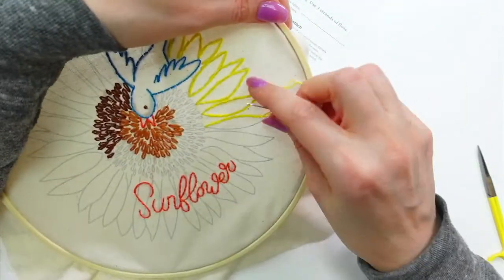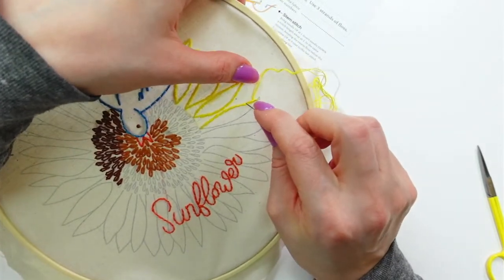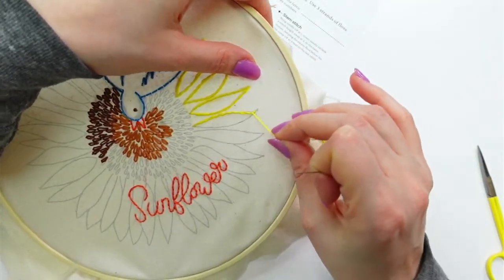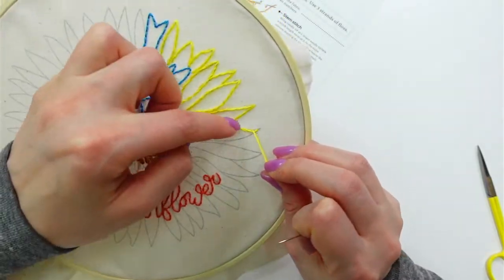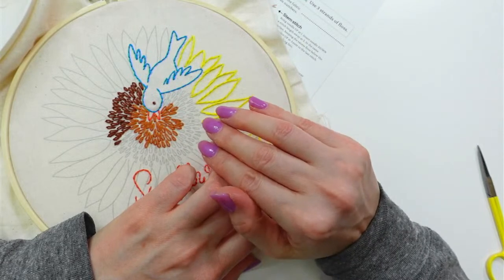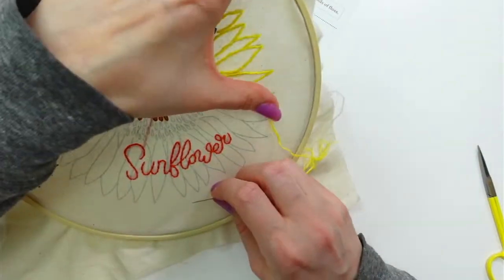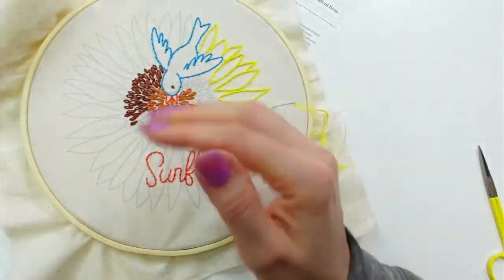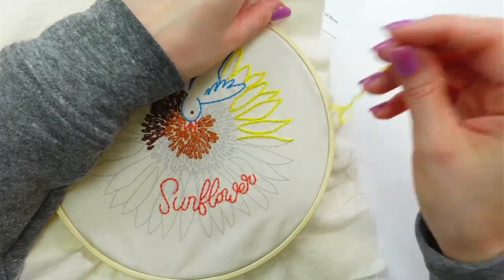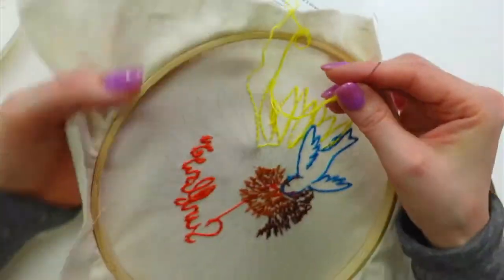So you can see I'm getting that arc going now, but the reason for this is if I would stay upward, then this thread would be more splayed. It would be more straight like this, whereas with it downward, this thread is holding it in place downward. So you get the more defined arc. I know sometimes if you're doing stem stitch, it can eyelash out when you go around a shape. I don't have a really good example of this, because these are pretty casual arcs. They're not tight arcs. But you'll notice that if your thread goes in the direction of the arc, it will hold that arc in place a little bit better. I'm not explaining that very well, but